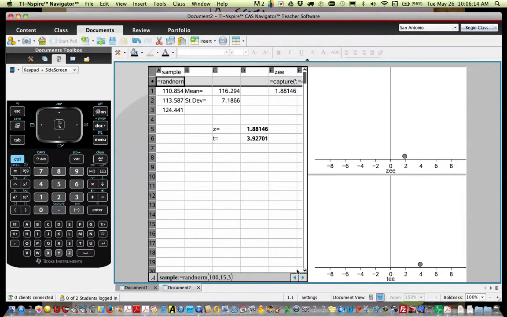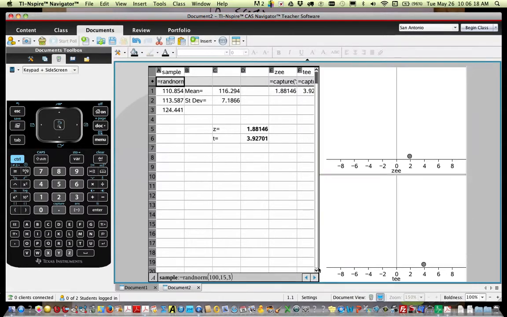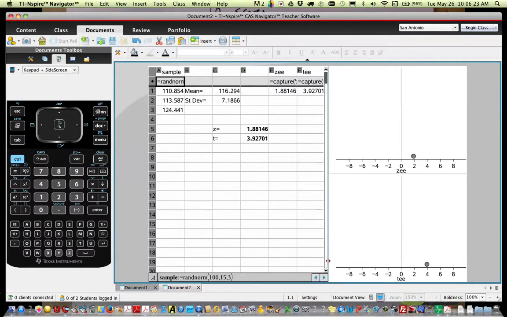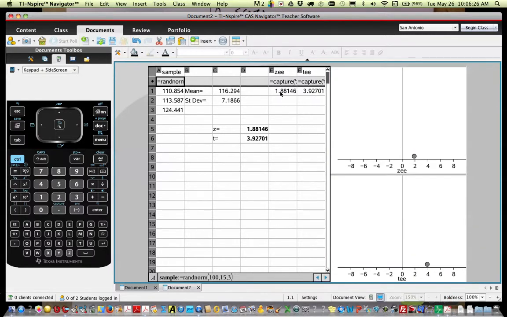So what I want to demonstrate next is if I went out and collected lots and lots of samples. The way that I'm going to do that is I have this set up so that it's going to calculate a z-score and a t-score for different samples, and it's going to just capture those numbers here, and then it's going to produce 2 graphs over here. The one that I put up here on the top should end up looking like a z distribution, and the one down here is the t distribution. What I want to focus on is how are these 2 graphs similar and how are they different.